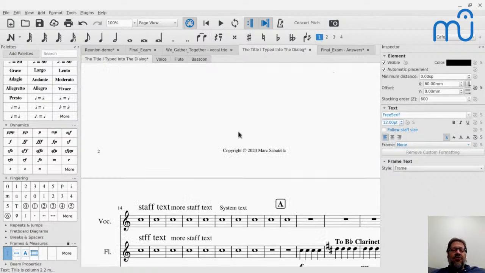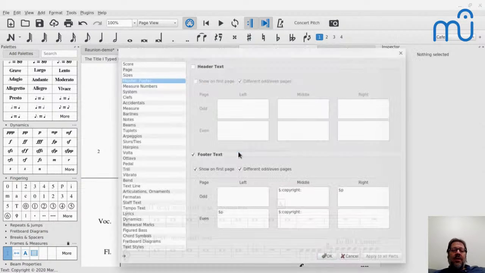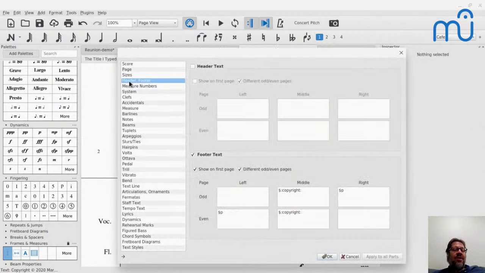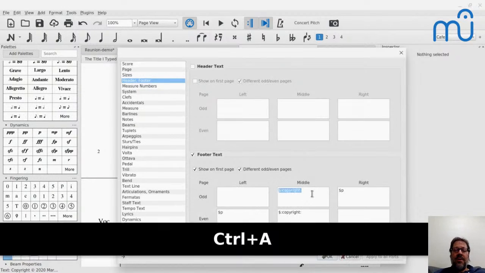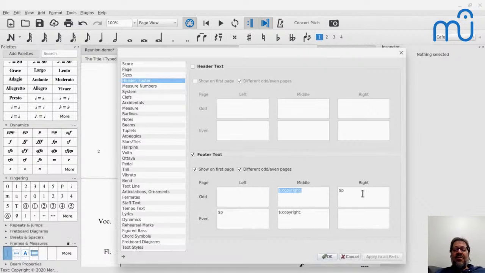So the other thing that I hadn't showed was a footer text, and as of like 3.5, so I mentioned when you add that copyright message when creating the score, it actually shows up in your score. If I double click it though, it shows you where it actually is. It's the header and the footer information that's actually in format style in the menu also. But here is where you can put in additional stuff. So copyright, this is a magic text, that means use the copyright message that's actually there in the score properties, but you can replace it. And this $P is magic text that means the page number.